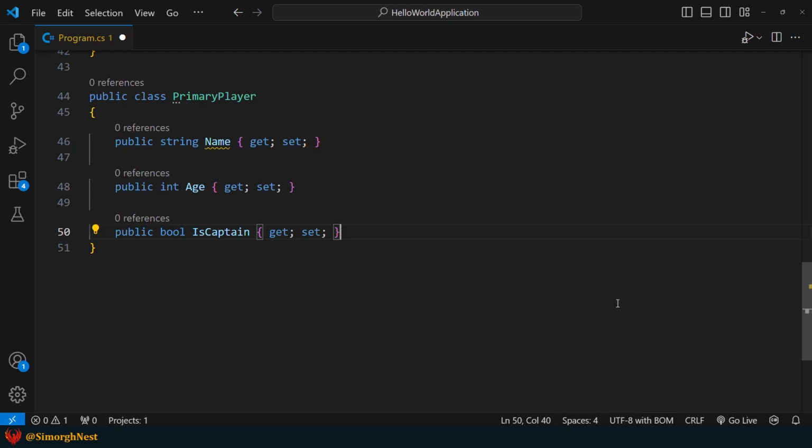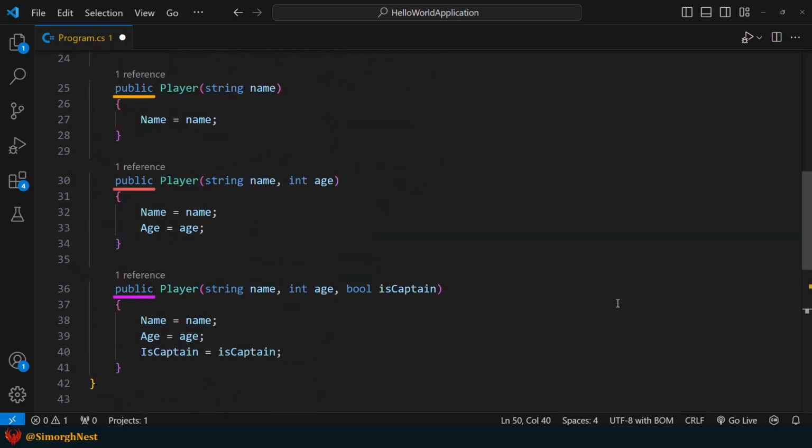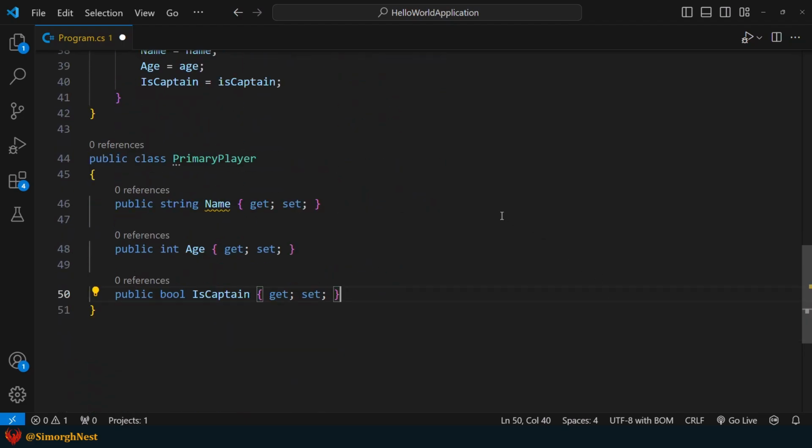Okay. There are a few important things to know about primary constructors. First, a primary constructor doesn't need an access modifier like public or private. In the previous player class, all 3 constructors had public. But for a primary constructor, we don't include public or any other access modifier.